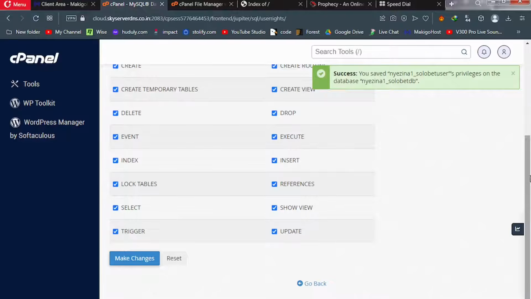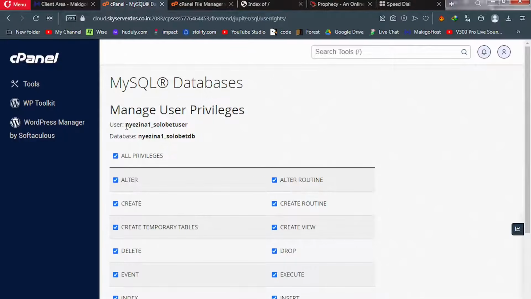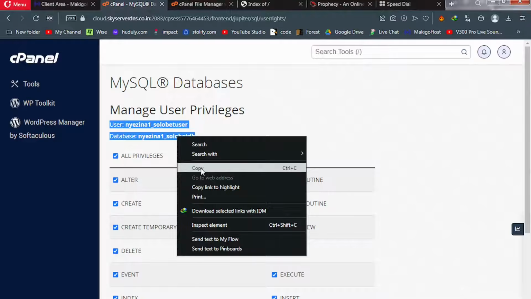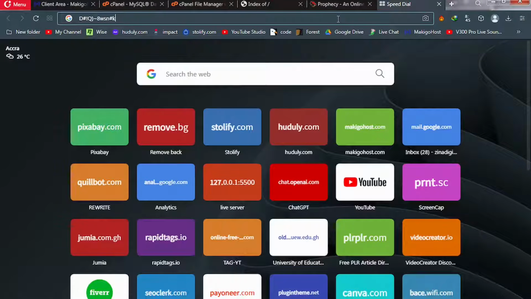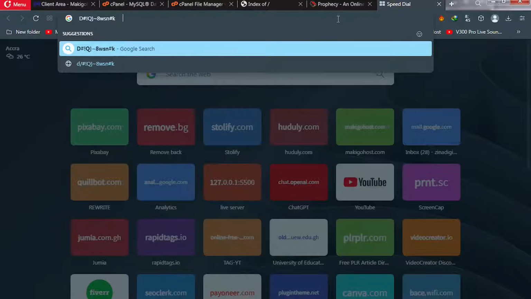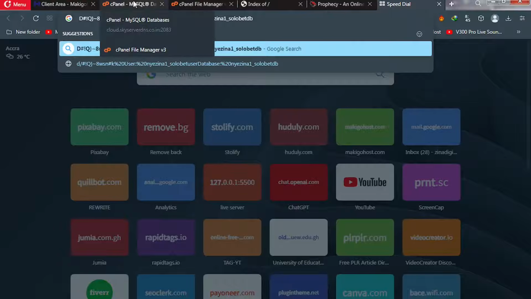Okay, let's go back to the top and copy our user, or you can also do this, just copy user and database, everything here, and then paste them inside a text editor, because we'll be needing this later. So I'll just leave space like this, and then I'll paste my things here. All right, these details will be needed later. Good. Once that is done, we need to